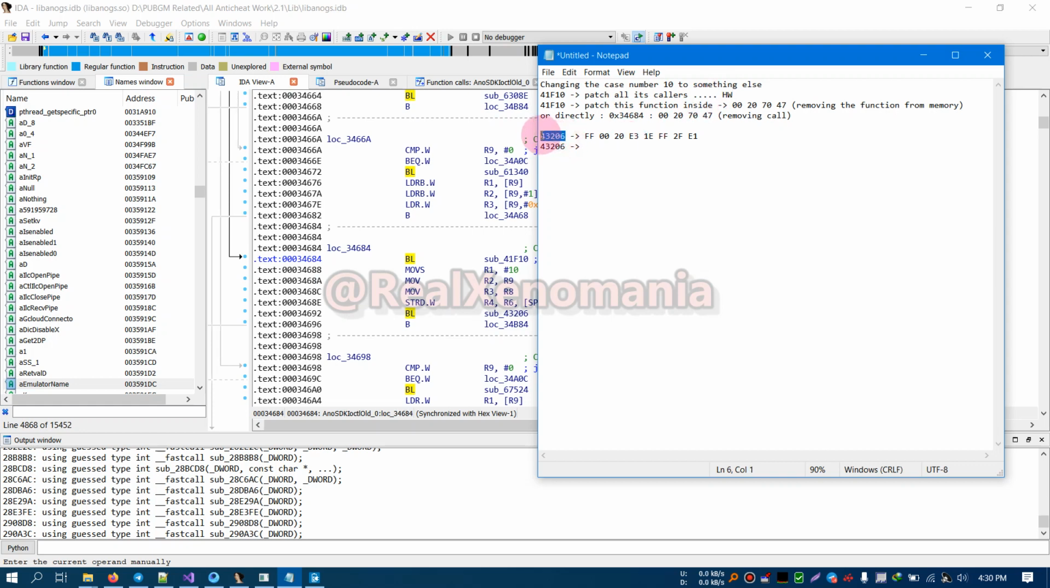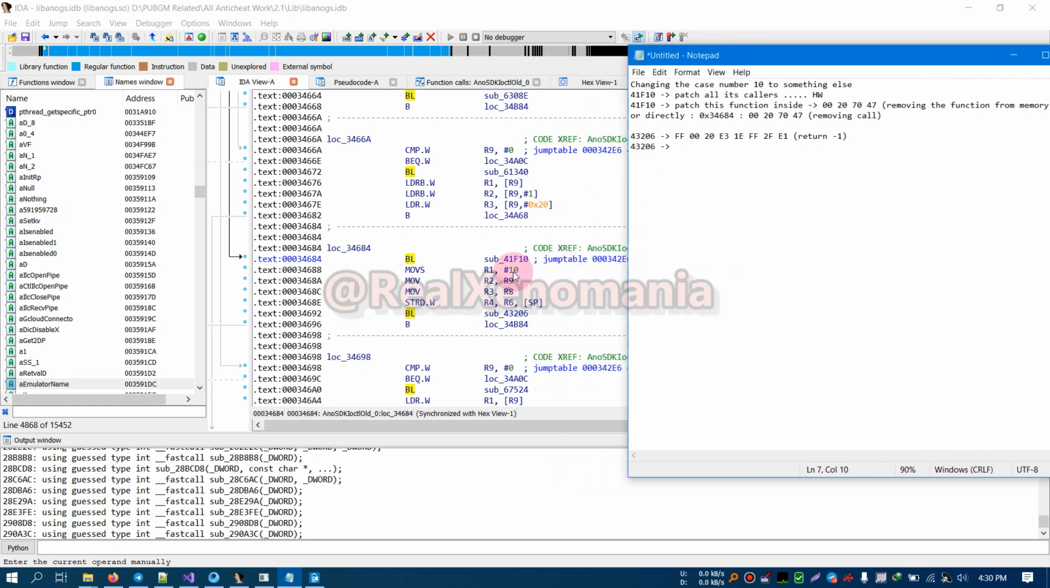Now 43206, we know that we can return -1 here. This is the return -1. Okay, and then there could be other methods also. So for other methods we are checking here. See here 43206 is being called. We can patch it like this, directly, like this, you know,